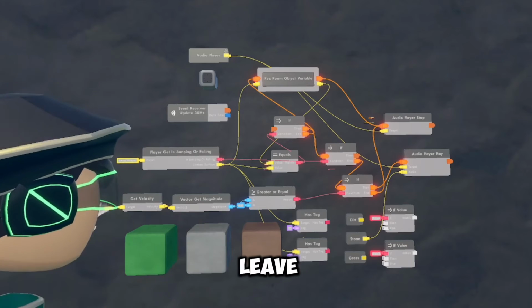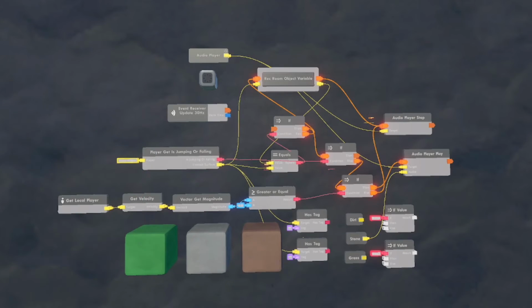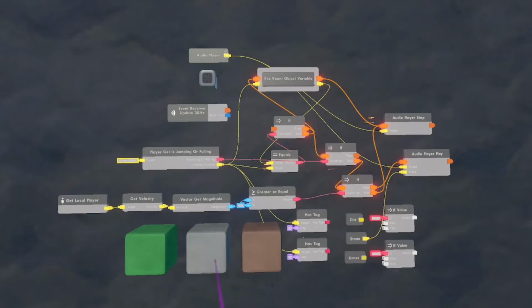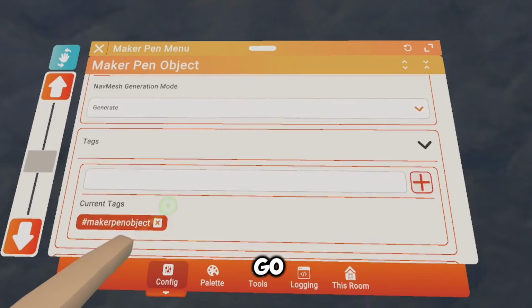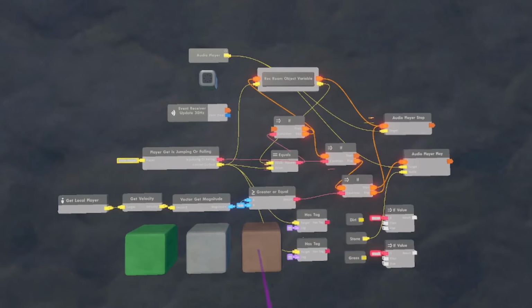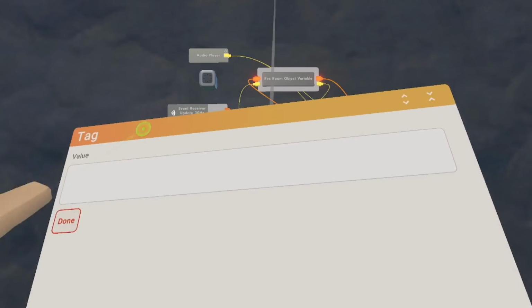You then want to leave your main audio alone, and you want to put tags on the other 2. To put a tag on something, you want to open up your Maker Pen, click on Configure, click on the object you're trying to add a tag to, open it, go down until you find tags. Type it in. This is a stone, so I'm going to add stone, and click the plus. Then do the same thing to your other one. Then you want to add the tags you just added to your cubes to the string on your has tag. So the first, stone, and second,